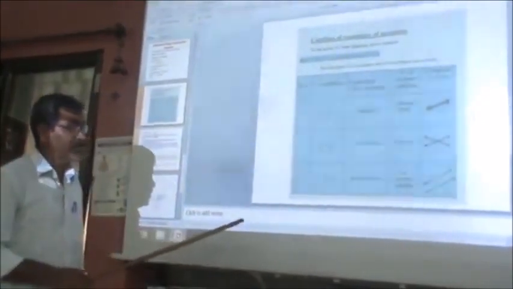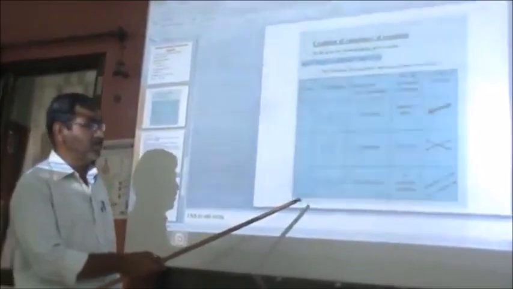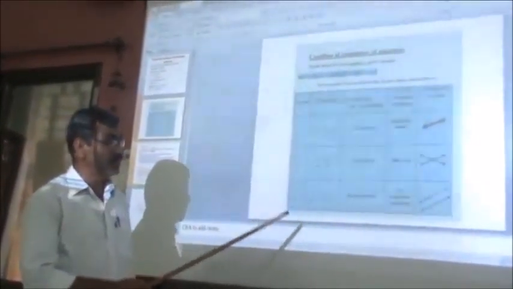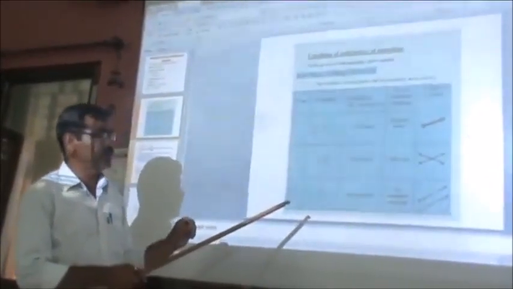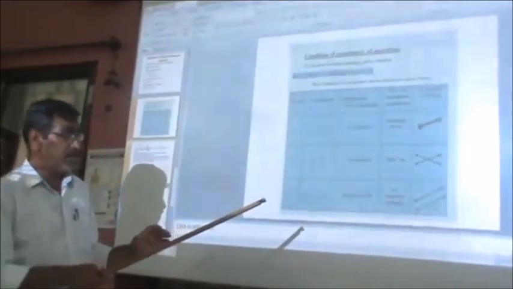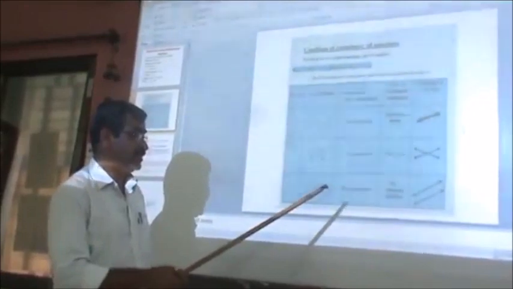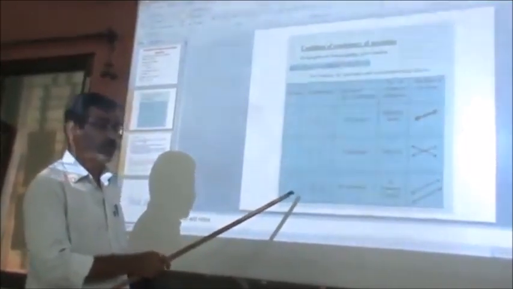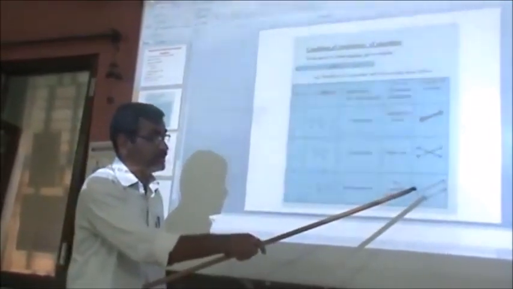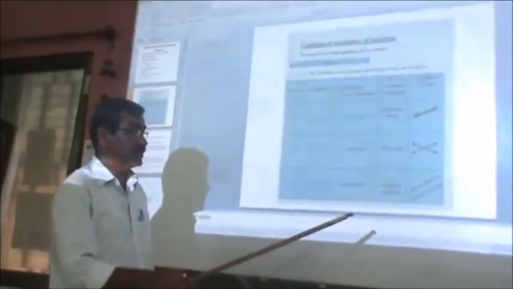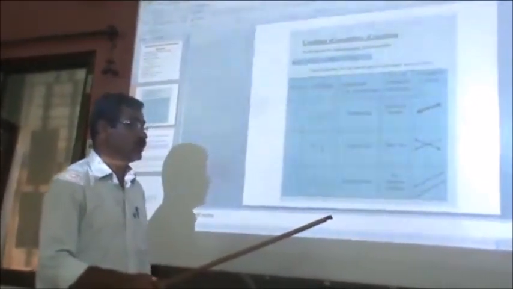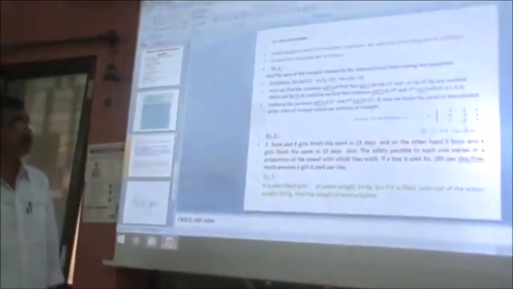And third condition is if a1 upon a2 is equal to b1 upon b2 is not equal to c1 upon c2. These equations are inconsistent. Now here we do not get common solution because these are the parallel lines. If the coefficients are in proportion, then we get parallel lines. These two lines do not intersect each other. Therefore they have no solution. These equations are called inconsistent equations.